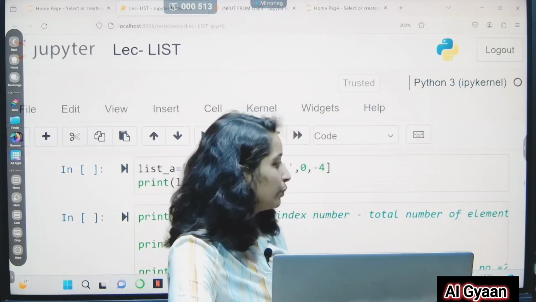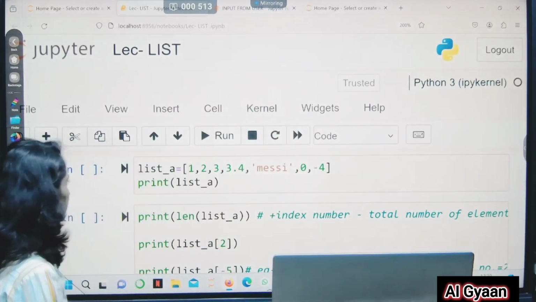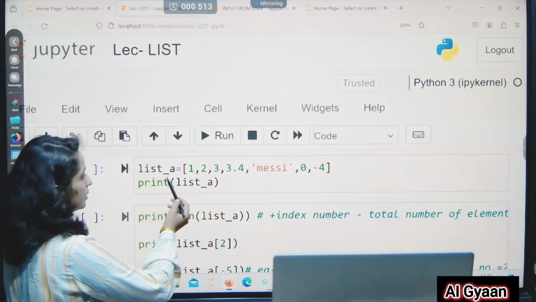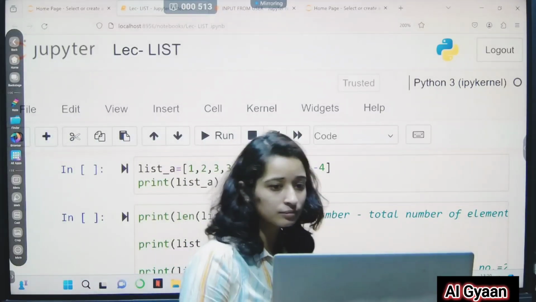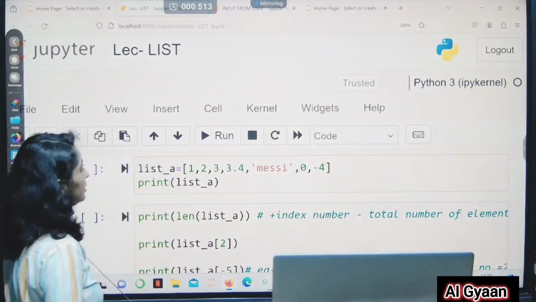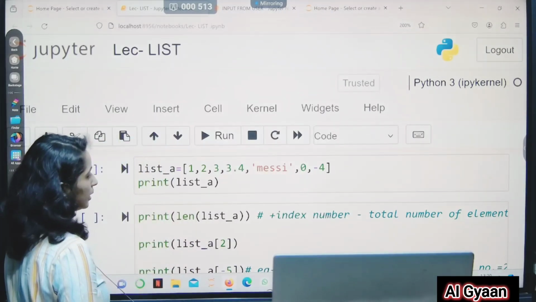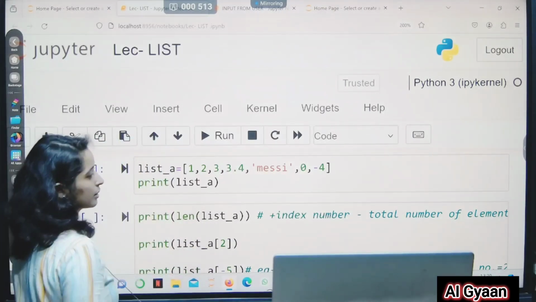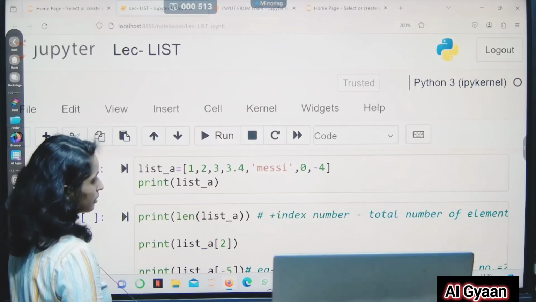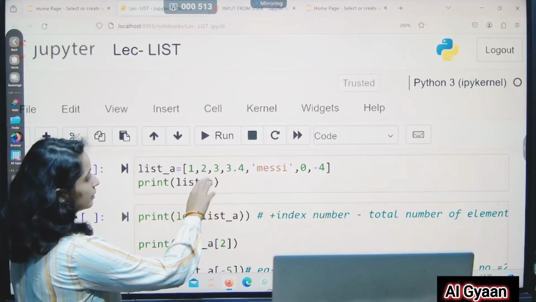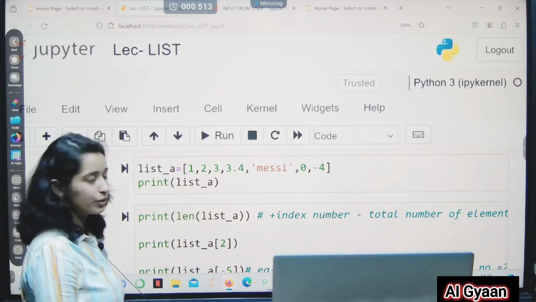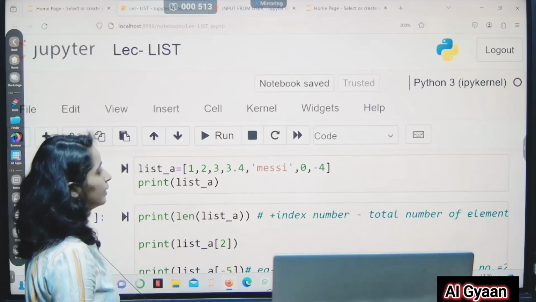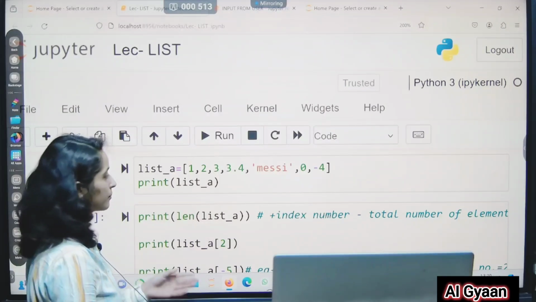Now let us see one more example. I have created another list named list A, and these are the elements contained in the list. Here you can see that a list is heterogeneous, that is, it can contain different data types.